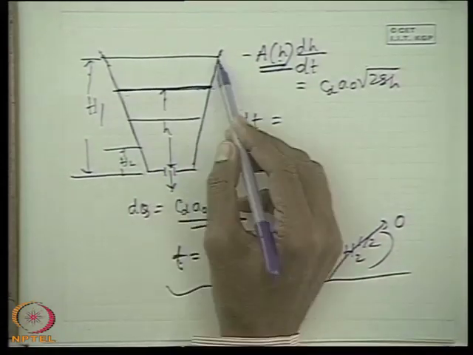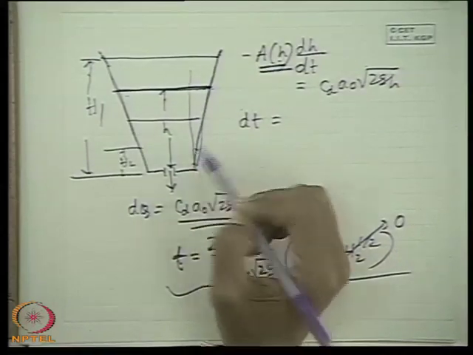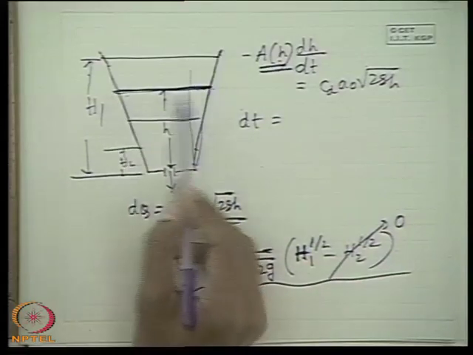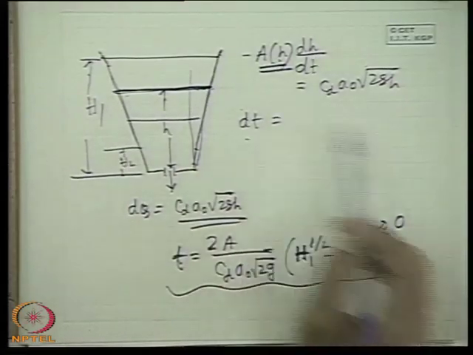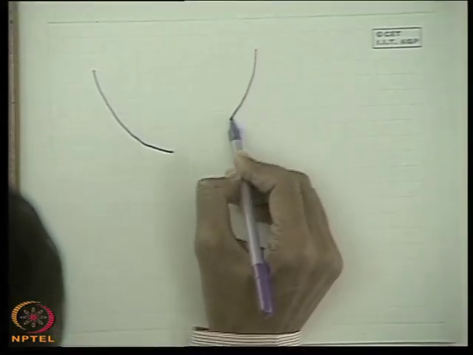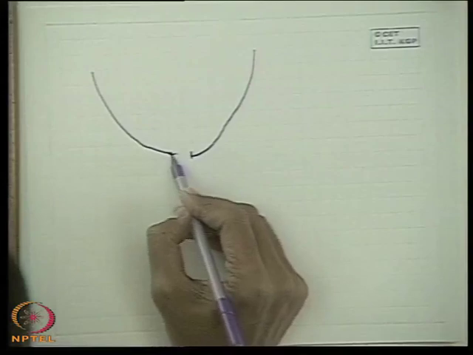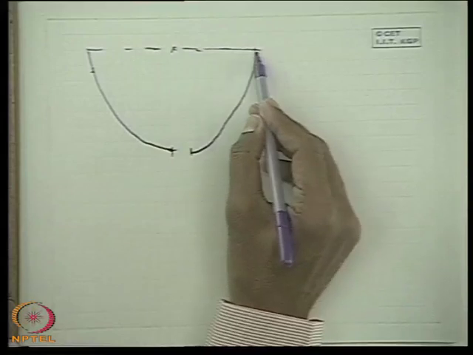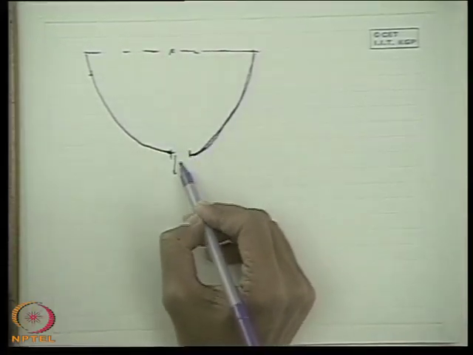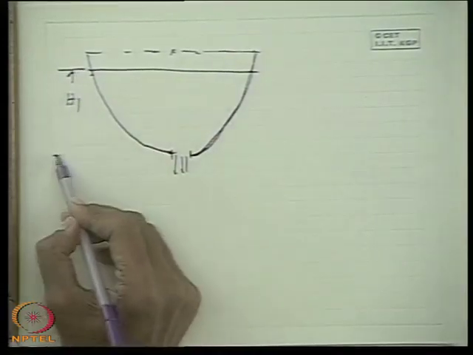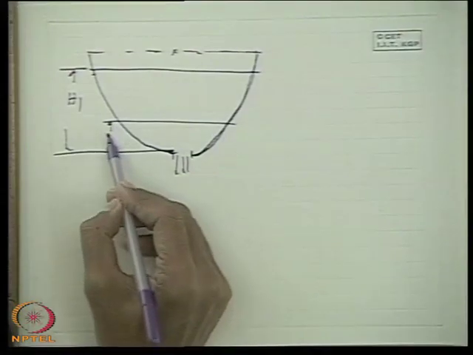If this is a prismatic tank, say with a straight surface from the inclination, something will be given in the problem so that from the geometry you can express the area at this section as a function of H and integrate it. There are several standard problems. One standard problem is solved in my book. There is a hemispherical vessel, this is its upper surface, this is the center of curvature for this hemisphere, and the fluid is coming out. It starts with some H1 and then goes to another H2. What is the time taken?